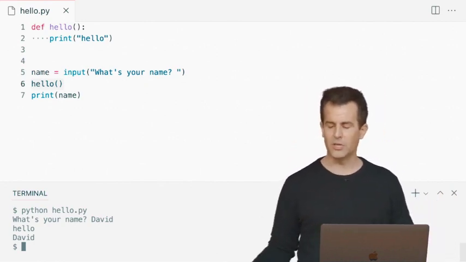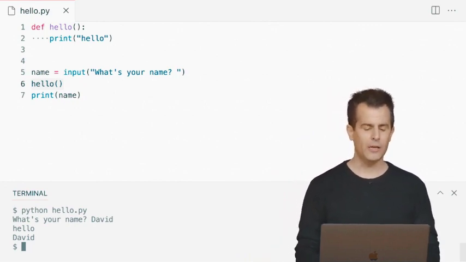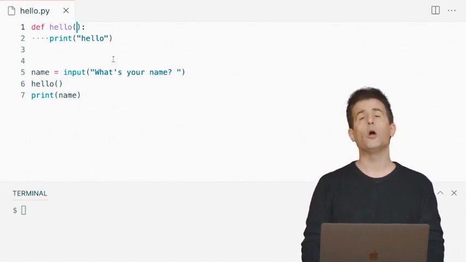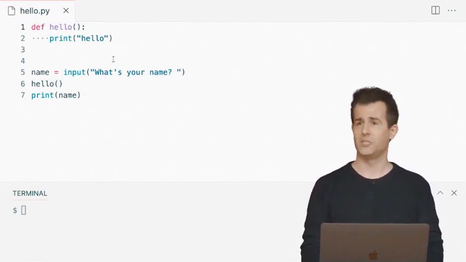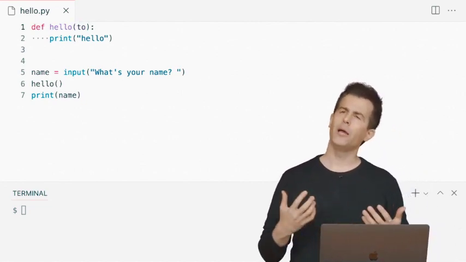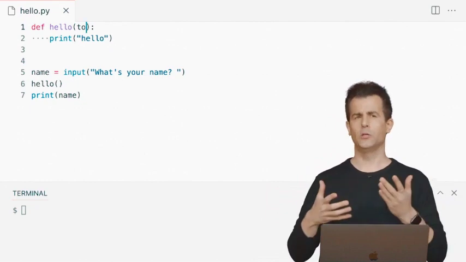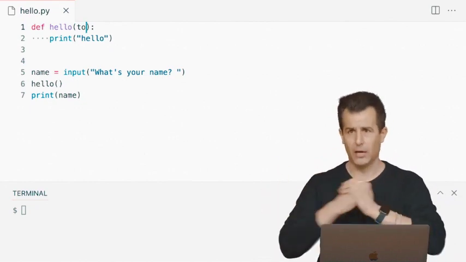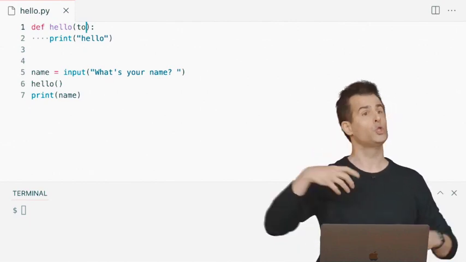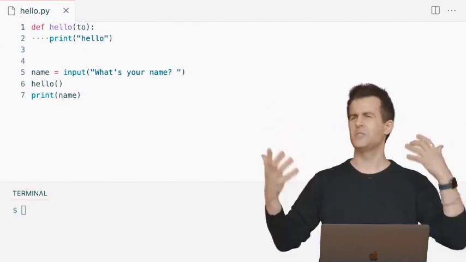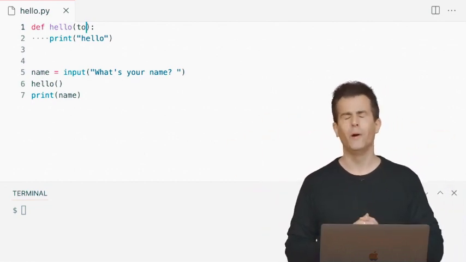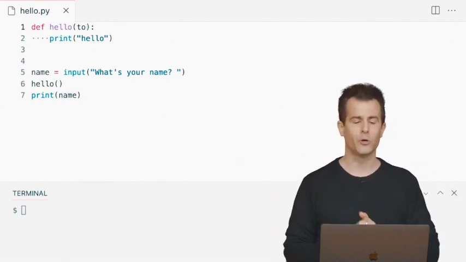Let me propose that we do this as follows. Let me go ahead up in my code, inside of these parentheses, and come up with my own parameter name. I have complete choice here. I'm going to say that the name of my parameter will be the word to. Why? Because I want my function to sound like the verb it represents, hello. But who do you want to say hello to? Well, I'm going to call my parameter for this function to, just because in English it kind of sounds nice to me. Hello to. Who do you want to say hello to? That's why I'm calling this parameter to instead of something simpler like x or y or z.